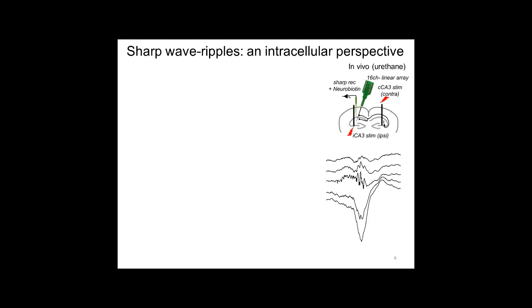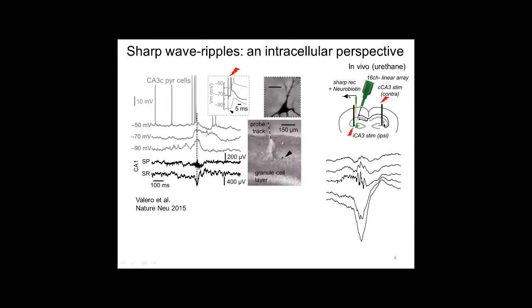pyramidale. To gain a more intracellular view of what single cells are doing during this event, we can insert a glass electrode within a cell. This is done in vivo under urethane anesthesia for stability purposes. And then we can see how the single cell fires during the events that are recorded in the CA1 with the silicon probe simultaneously. With the glass pipette, you can inject a dye, so that after recording, you can